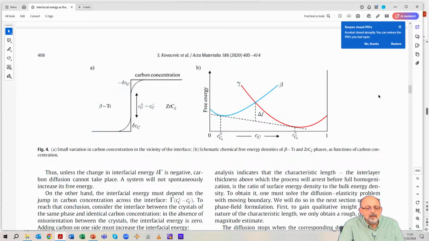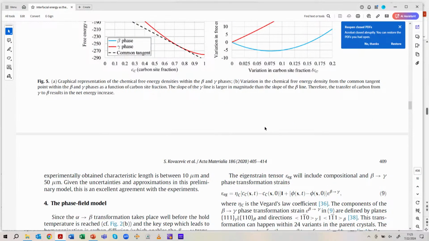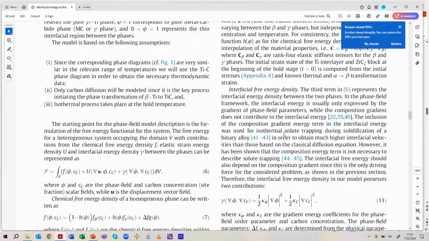So there is a rather complicated sequence of events, but I would urge you to go through this paper and to look at the model. The interesting thing about the model is here. It will be a one-dimensional model. We will have free energy depending on phase, and I have two phases. One phase is